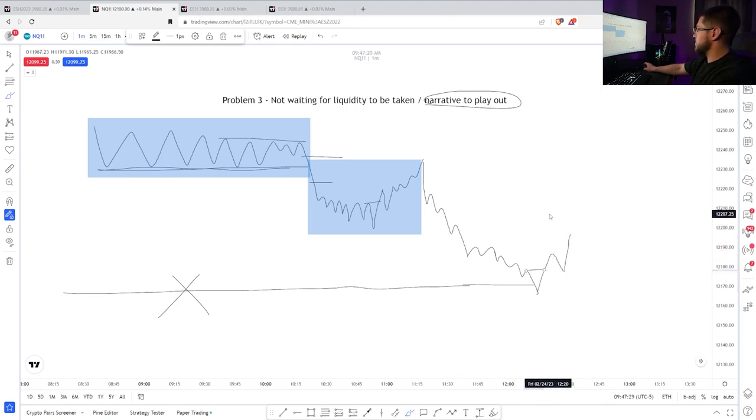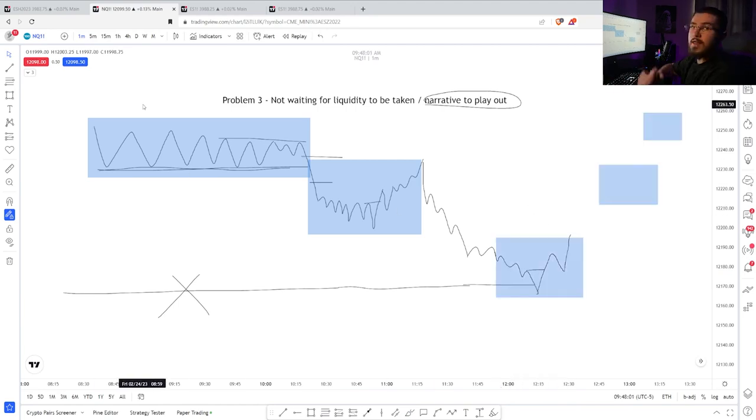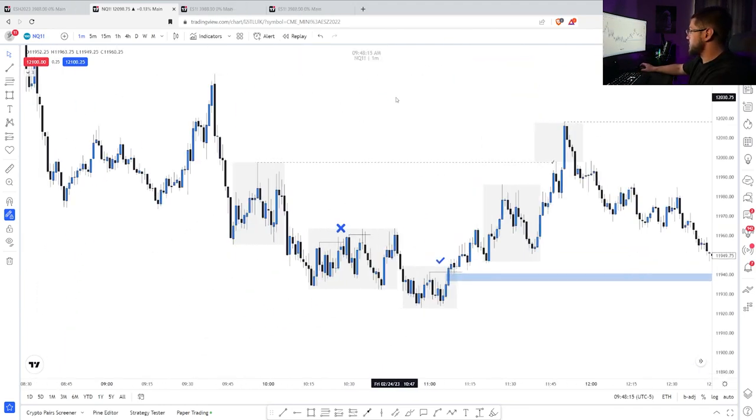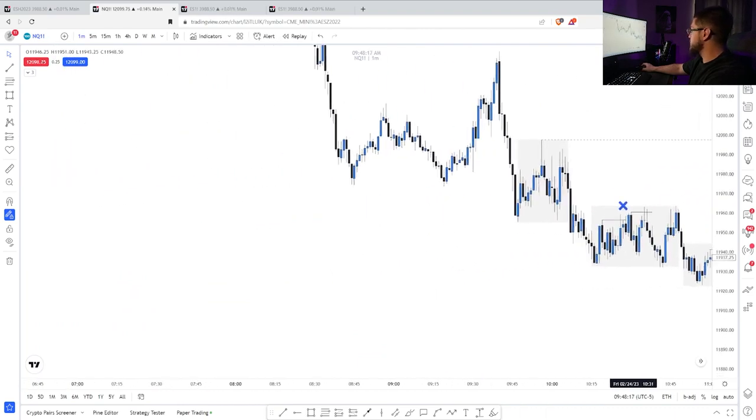And this is where the true narrative is going to play out. So now that we went over some of the problems, let's go over how we fix this. I'm going to hop on the chart and show you some examples. That way you don't make these mistakes anymore. All right, so number one, just like we just talked about, let's say you're a trader and you're watching